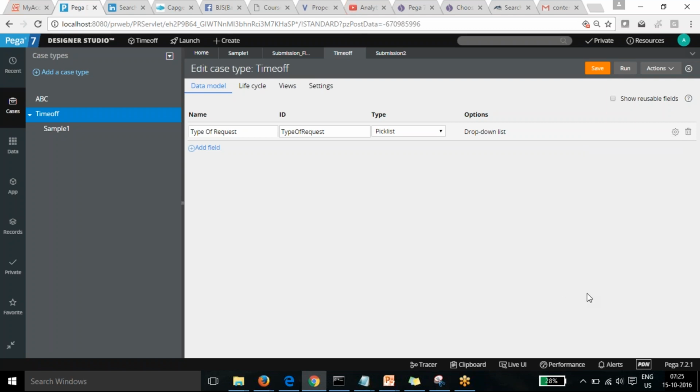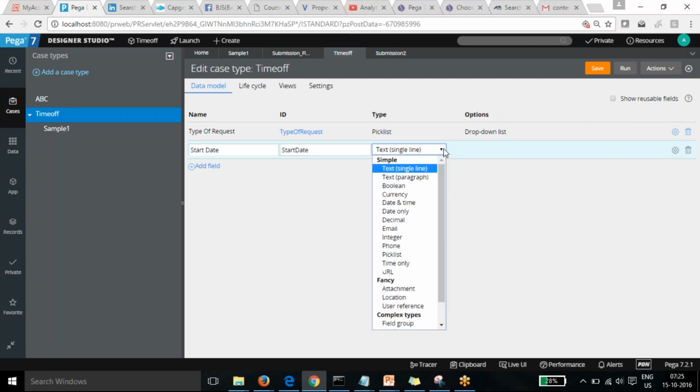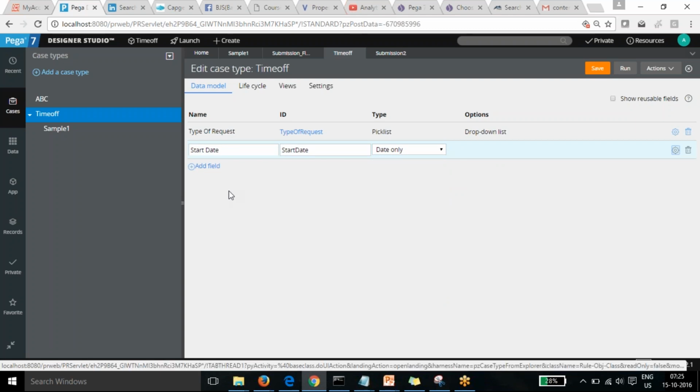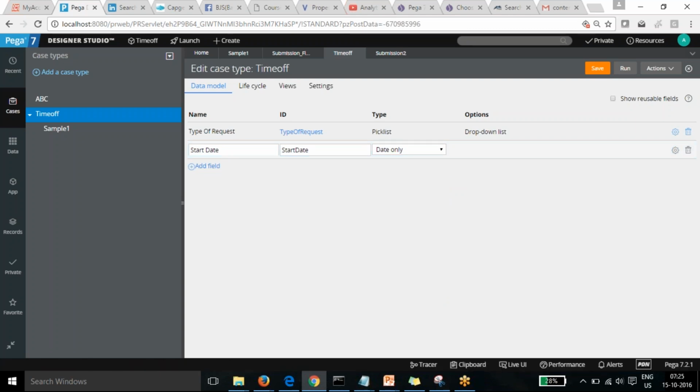That's the way I've added many fields. We also need to give the start date, so we can pick the item as a date only field. So the field is now created. Behind the scenes, Pega will create the respective properties directly.